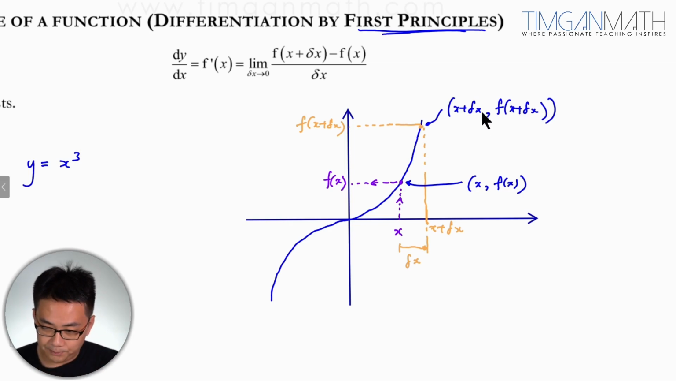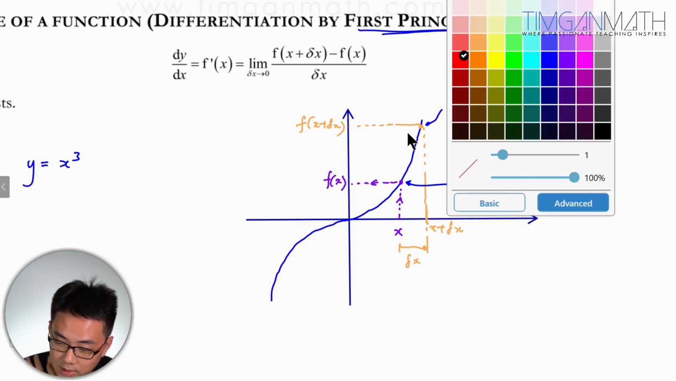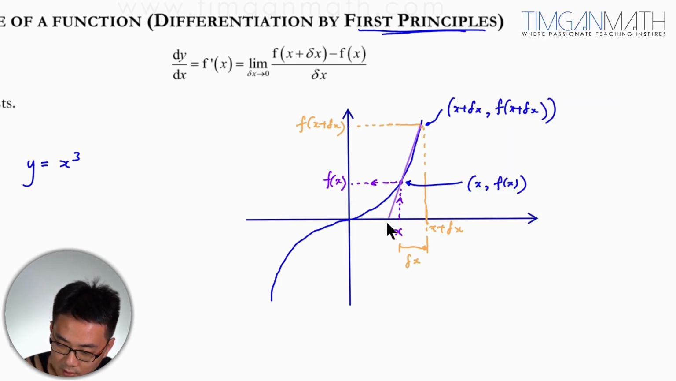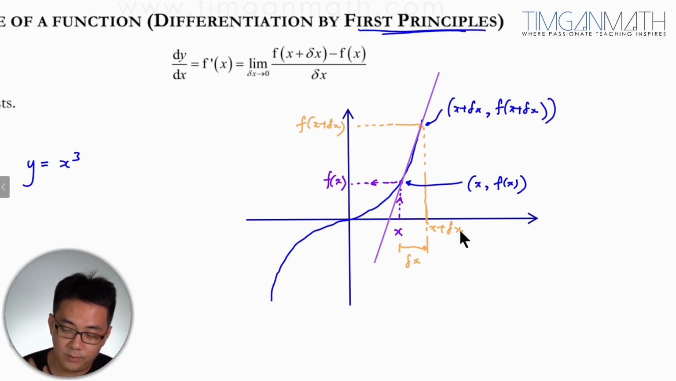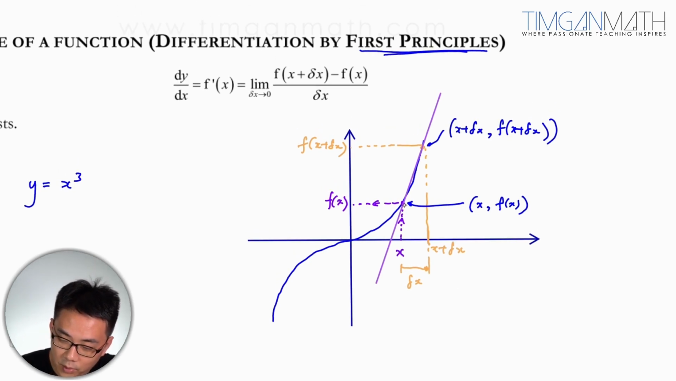Now, why is this important? Because what's going on here is I'm essentially going to draw this line here, from here to here, like that. So this line here will be my gradient between the 2 points. The gradient between point 1 and point 2 will be